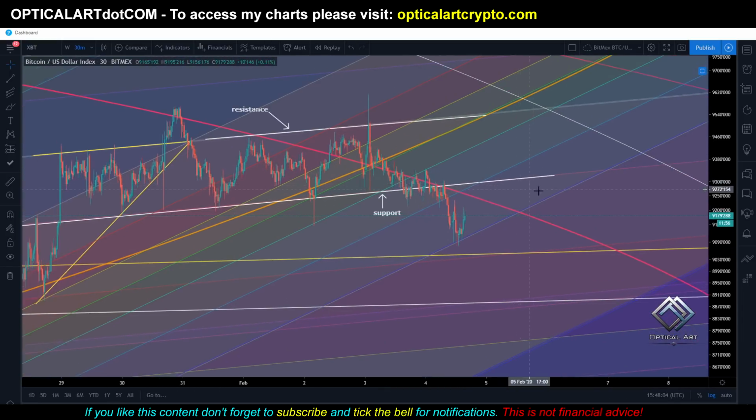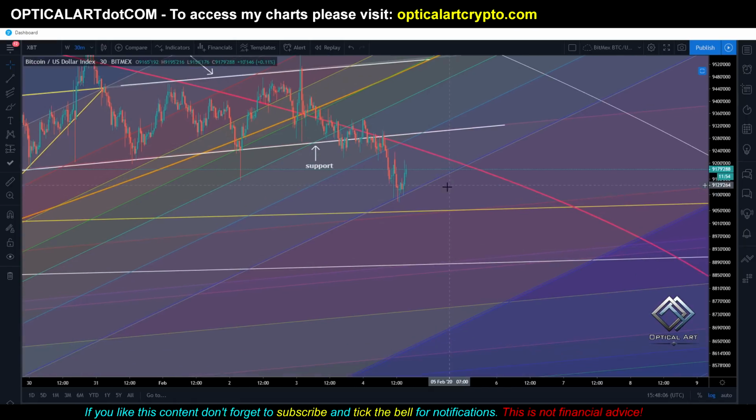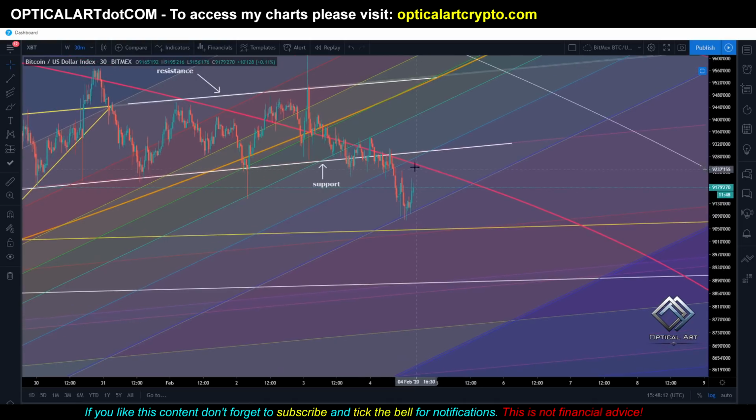So targets for this chart, if we push up, your first resistance is going to be this, and again, this is Bitmax. So if we push up, your first resistance is going to be around 9,252, and then of course you have this trend line, which is each one of these trend lines, or the lines in this fib channel, is going to be resistance. So we push above that, you're going to find resistance at